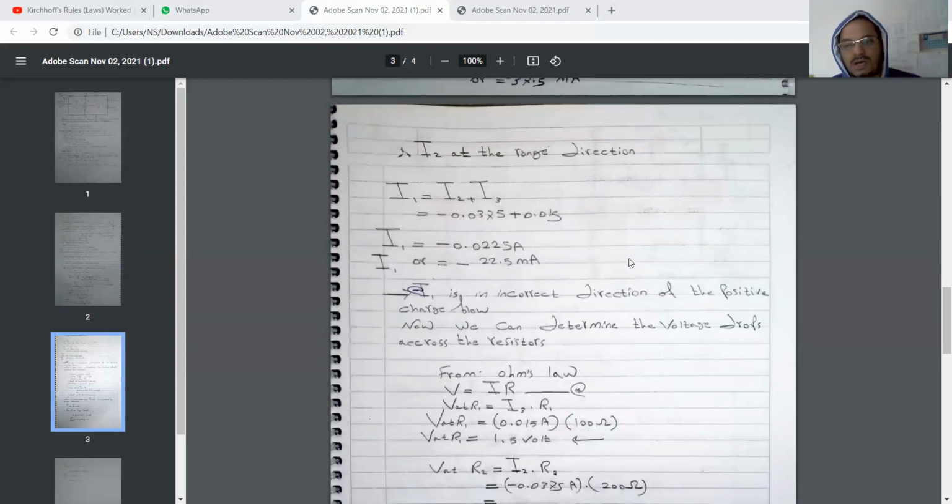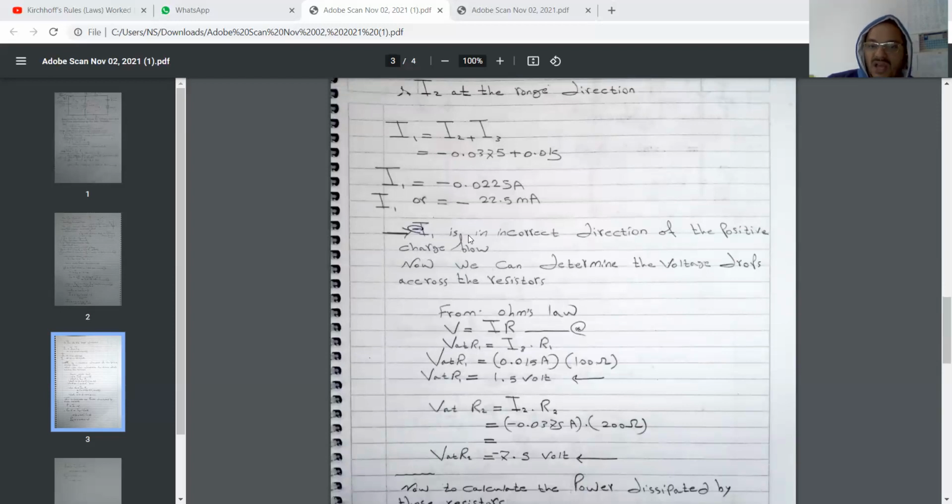That means we calculated it the right way. The minus sign on I1 means the current direction is incorrect, it's the reverse direction in the circuit of the